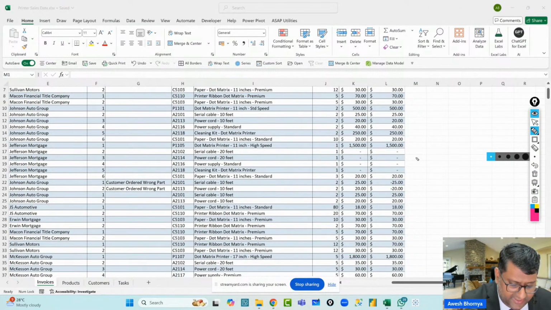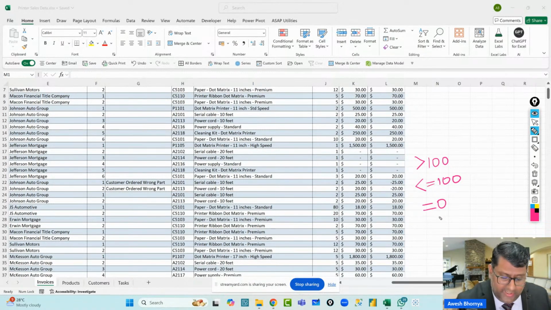The first is data which is greater than $100. Second is data which is less than or equal to $100. Third, sorry, is exactly equal to 0, and the fourth is less than 0.